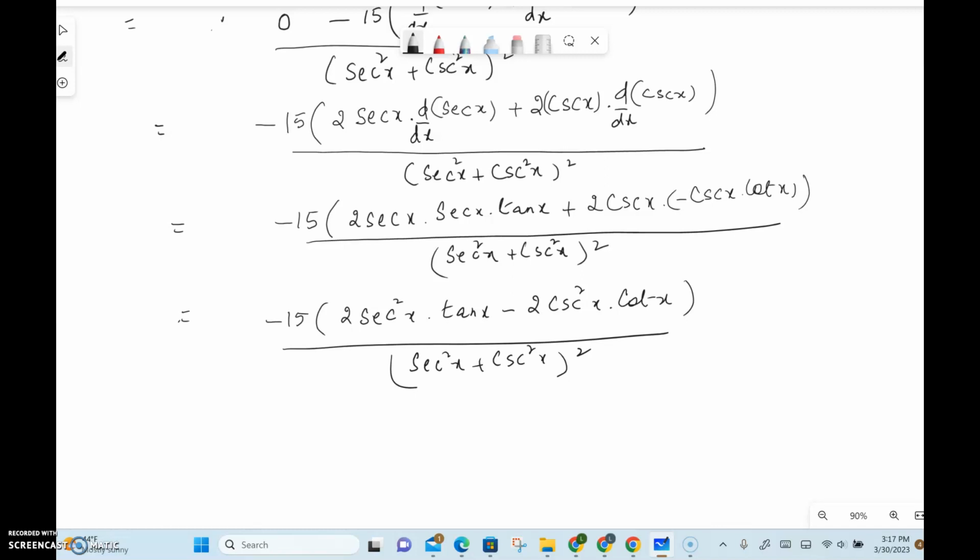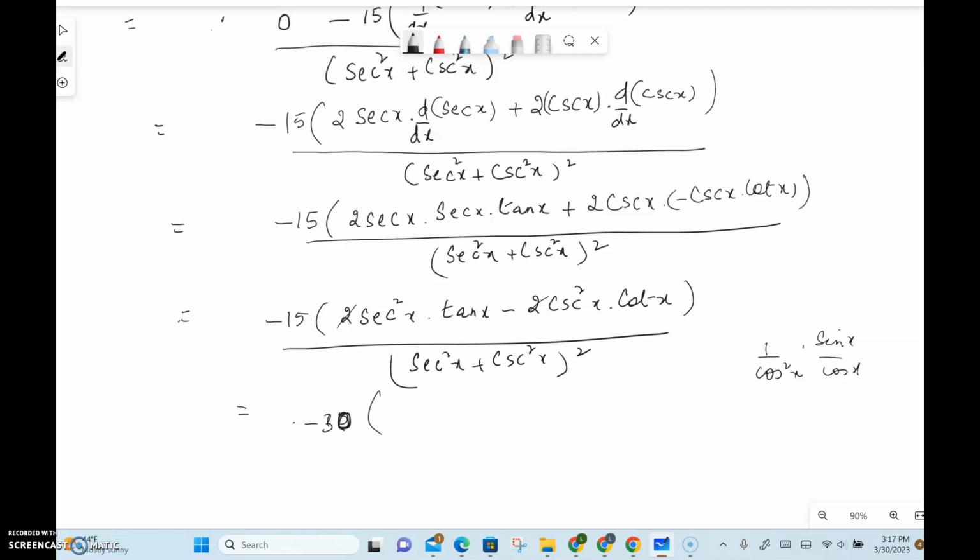Now we could try simplifying. Let's see if it can look a little better than this. So we're going to pull the 2 out and write it as 30 times. 15 times 2 is 30, and we're going to pull the 2 out in the next step. So we have, let's see, 1 over cosine squared of x times tangent is sine x over cosine of x. Doesn't look like it can be simplified any further. Nothing cancels,